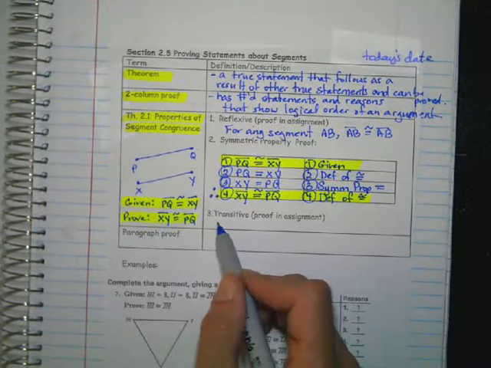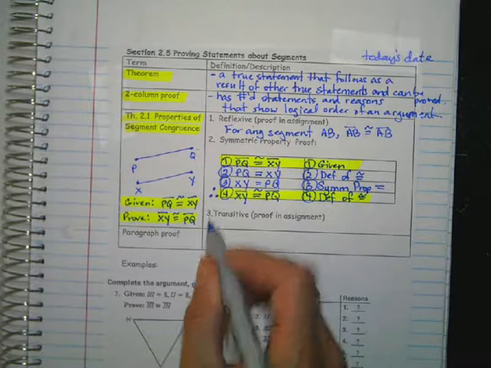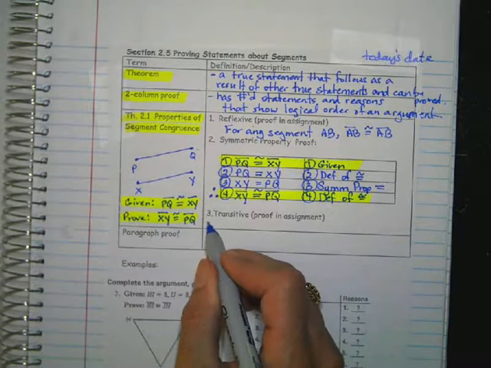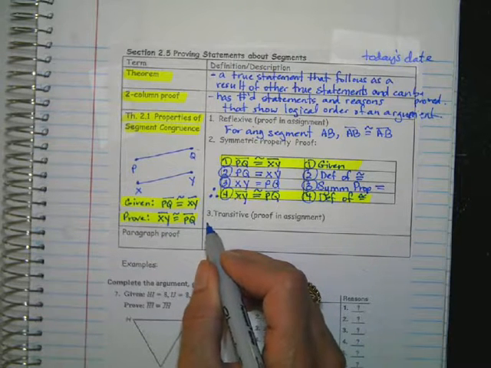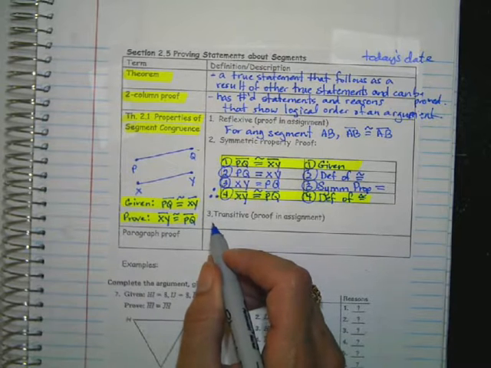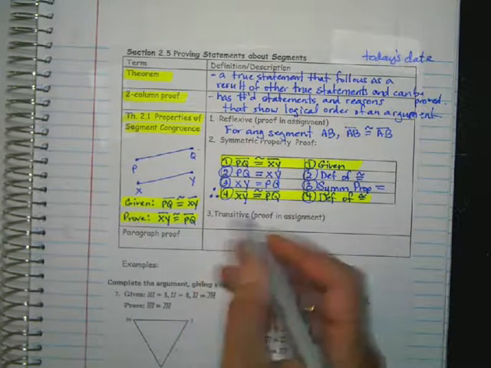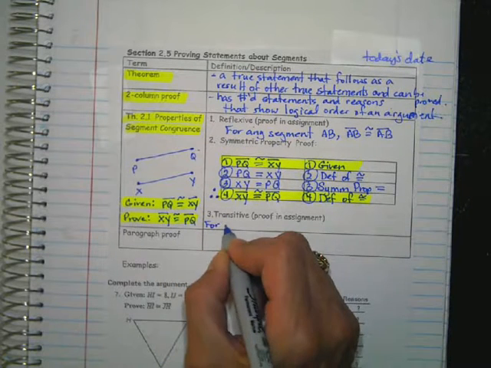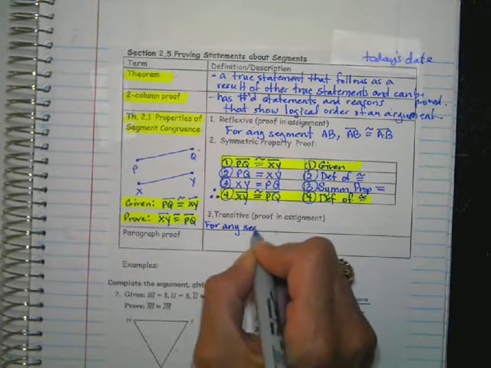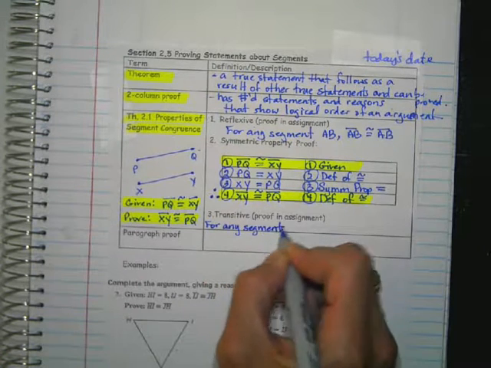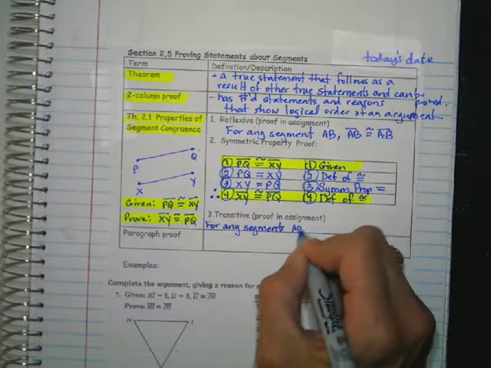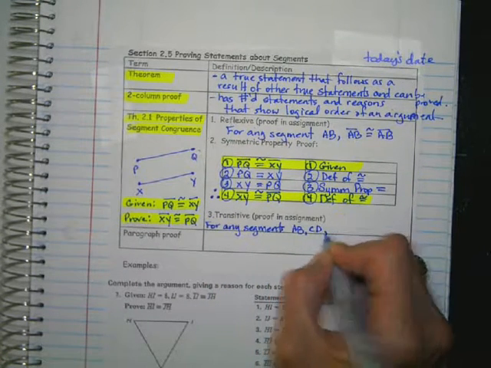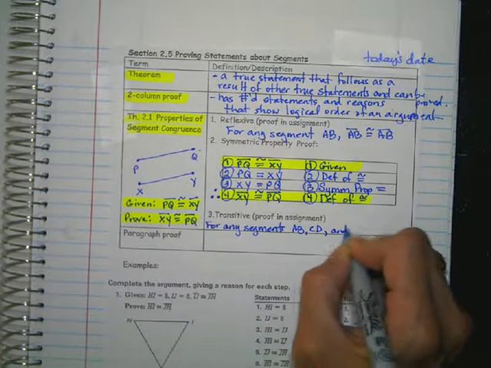All right, so the next one is the transitive property. We know what the transitive property is for numbers. If A equals B and B equals C, then A equals C. Well, it's true for segments also. So it says for any segments AB, CD, and EF, then